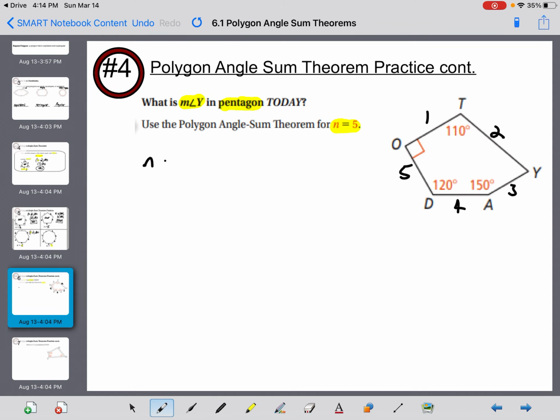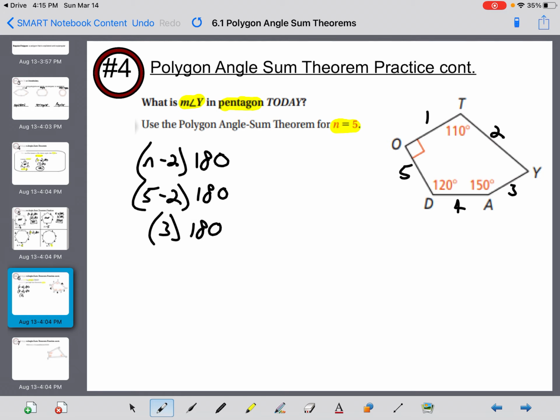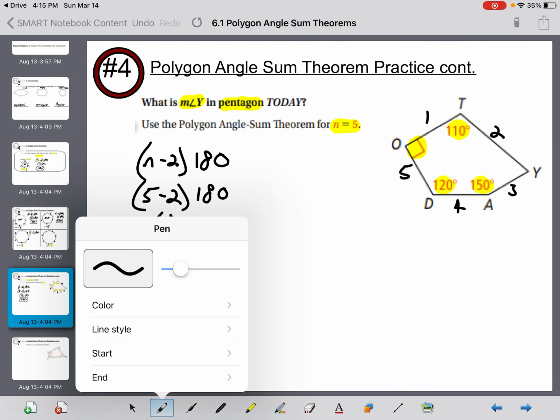So here, n minus 2 times 180 becomes 5 minus 2 times 180, which is really 3 times 180. And 3 times 180, we said on the previous page, is 540. So that's the sum of all of the angles. But we have 4 givens, but we are missing